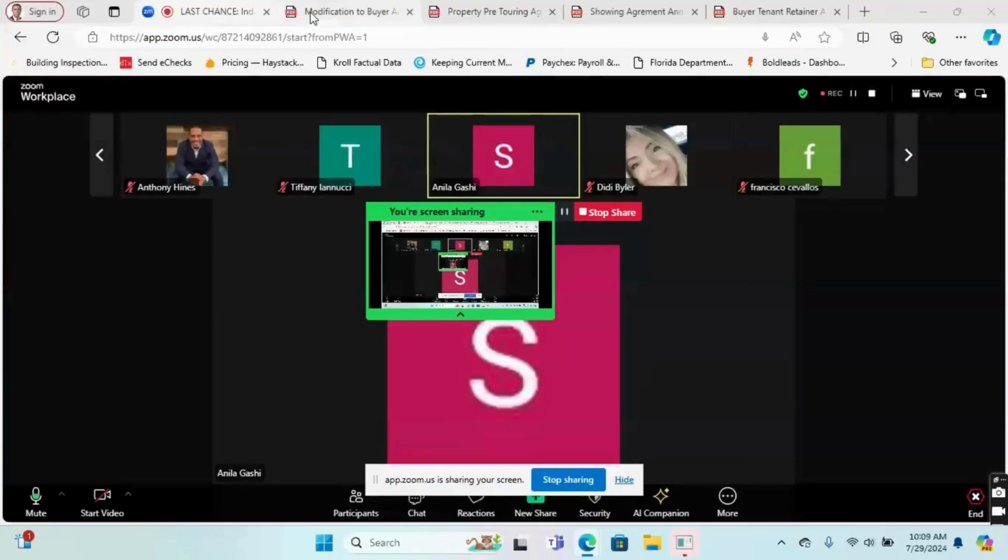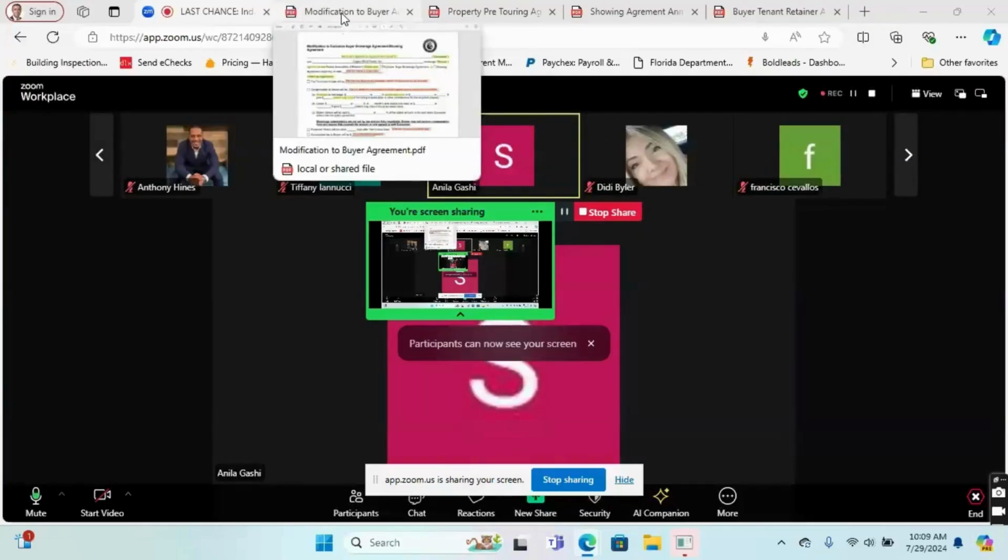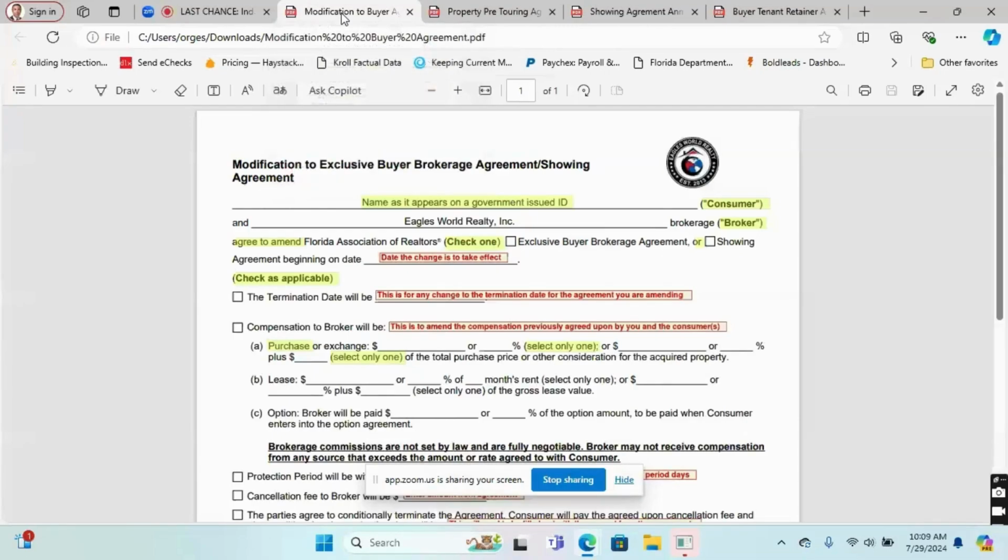All right. So, want to go over a few things first. They did add some new forms in Form Simplicity. I'm not sure if you guys have seen them yet, but I will show you. The first one is the modification to your buyer brokerage agreement, and then the showing agreement, which we'll get to